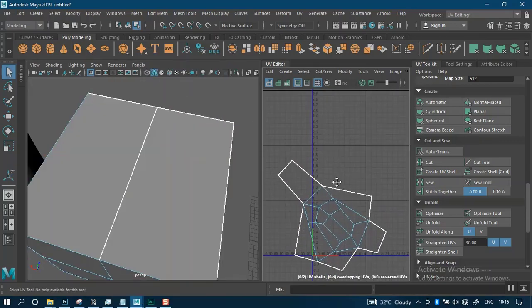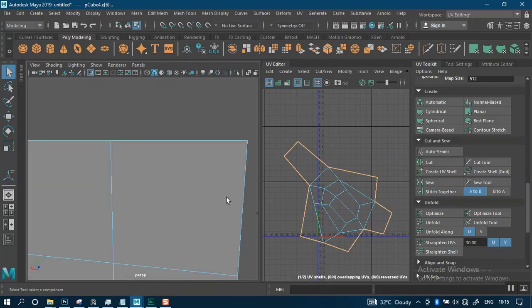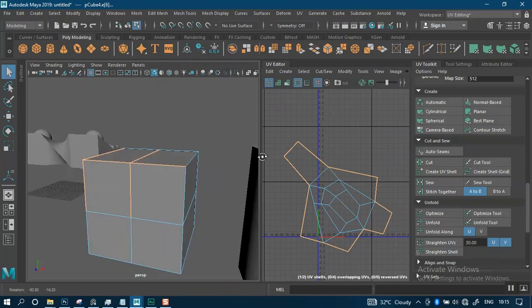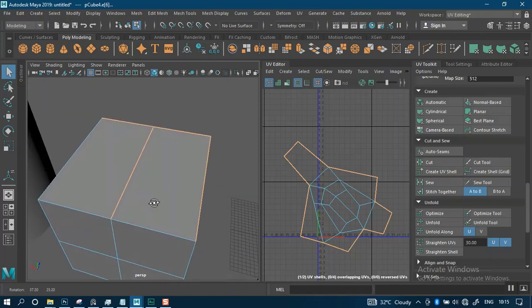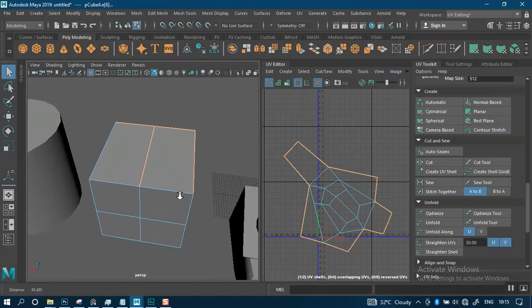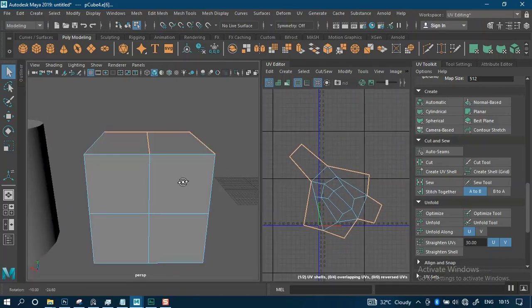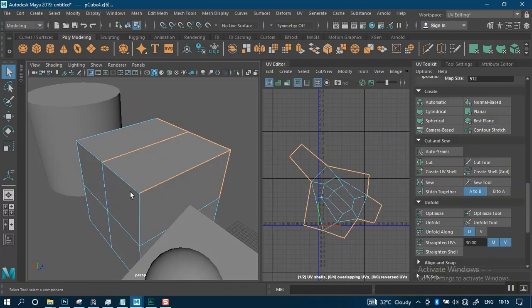If I double click and select the entire loop, it will be selecting all the seam lines. So all the seam lines are being selected. A seam line is just where you have a cut in the model. So the idea is to make sure we're hiding the seam line. But even though you're hiding the seam line, there are still other ways to go around this,